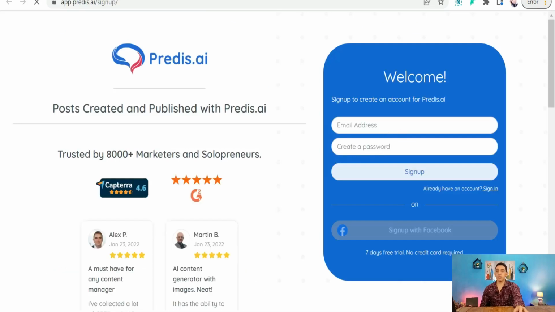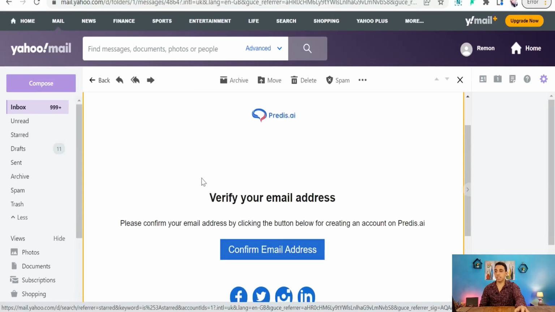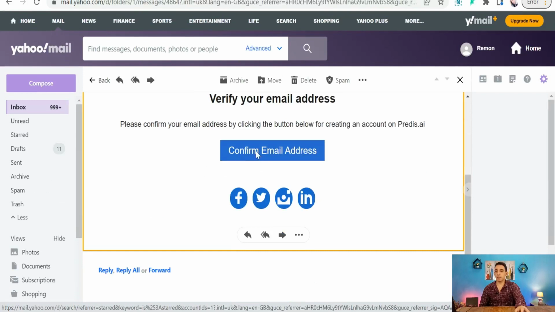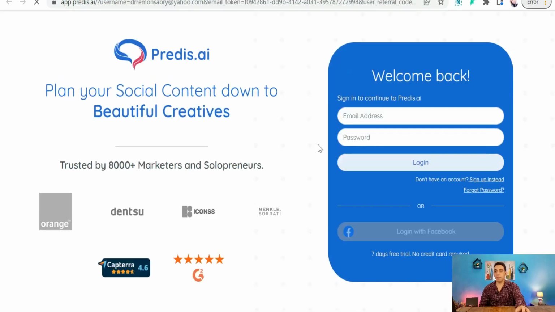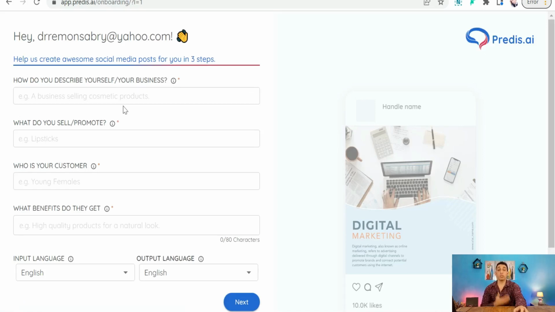And just you can insert your details like your email and your password. Cover sign up. A verification email has been sent to your email address. This verification message, confirm email address. So easy so far. Welcome back. That you can insert your details, your credentials, your email. Now you will be taken to this dashboard of your account on Predest.ai to create your first post with caption